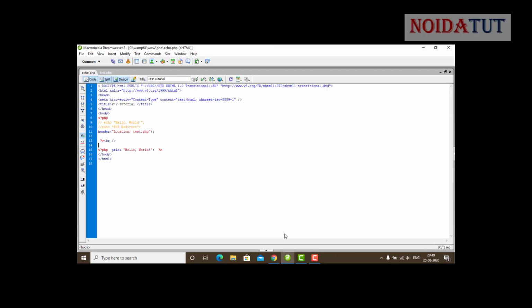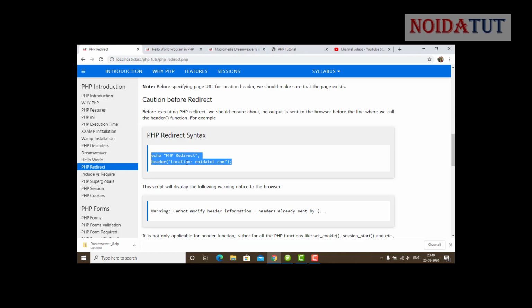In the next page we have hello world PHP redirect hello world. So these are the things which you need to take care of while you are working with PHP redirect and header.